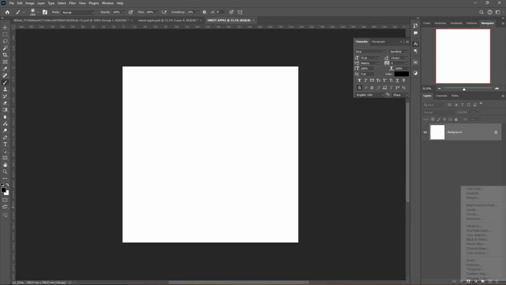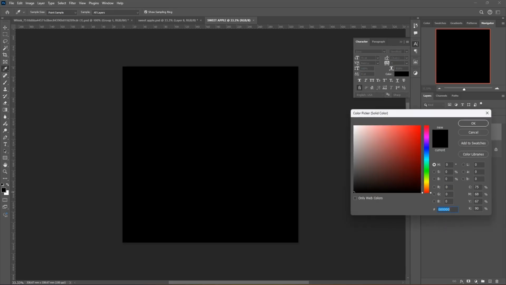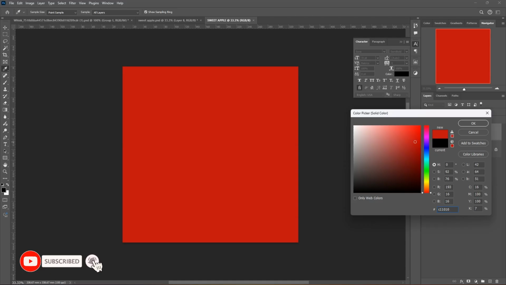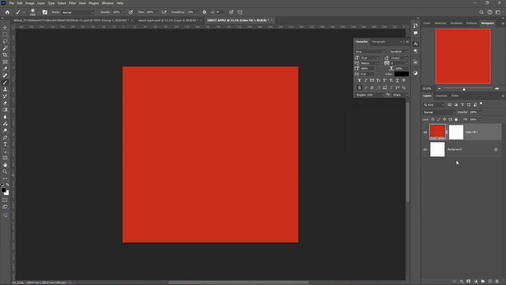The next thing you're going to do is to create a solid color like so, and also you're going to use a form of red. Something like this is fine. BF1, you can copy this preset over here, then we are good. So now we have our color, so we don't need this background, so you can delete it and create a